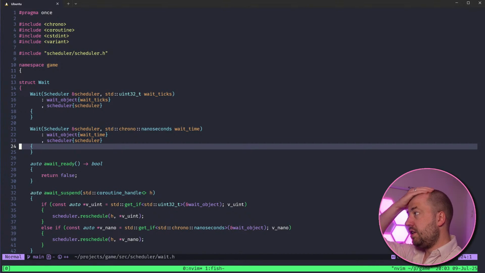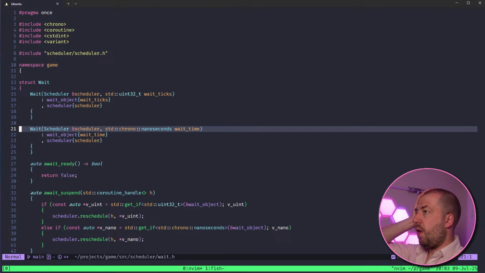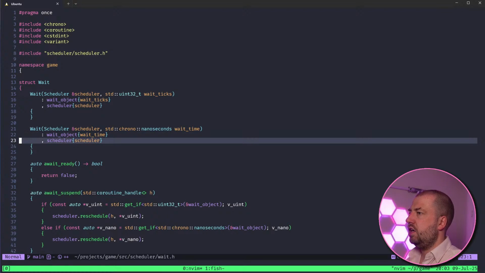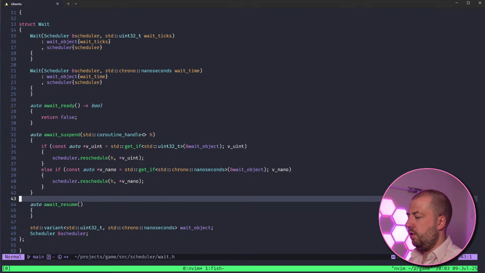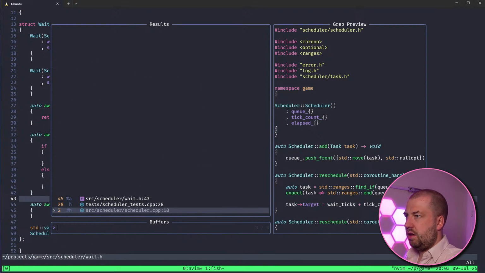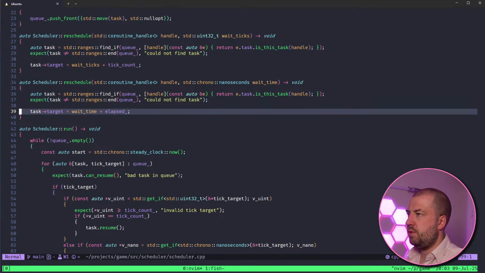The things that we need to do today are have it so you can wait on another task to finish, so you can chain them. Maybe wait on multiple tasks so we can fan out. I don't think we need that at the moment, since it's a little bit more mechanics, so I might not bother with that for now. Then back in our scheduler, there are some things we need to change.